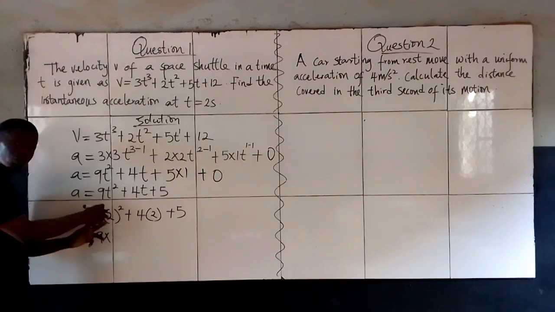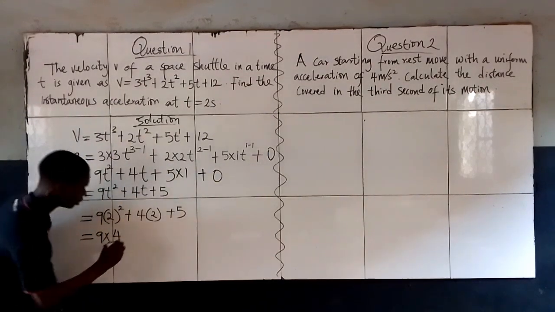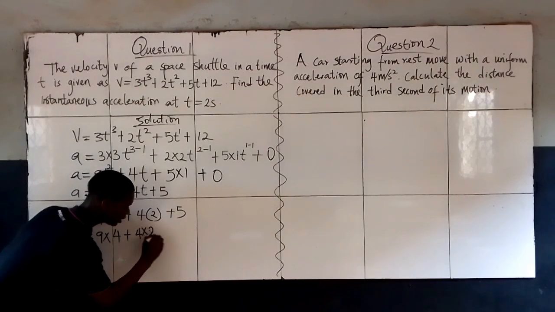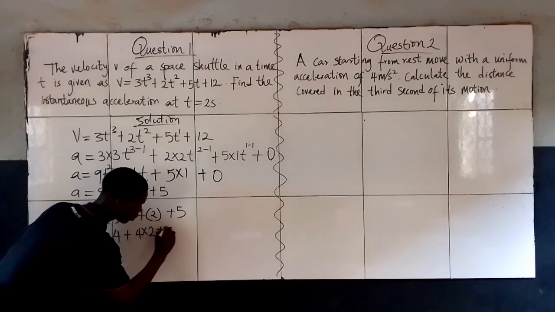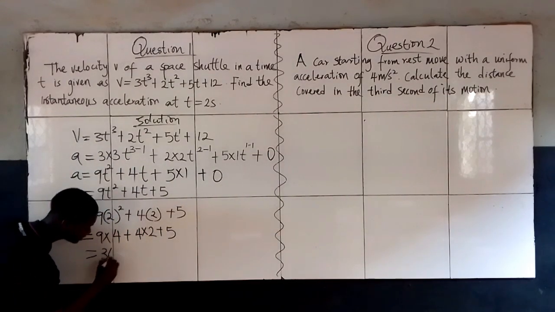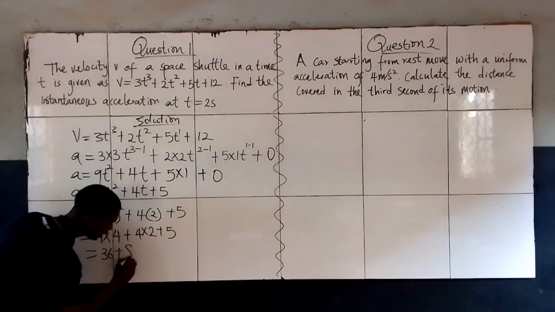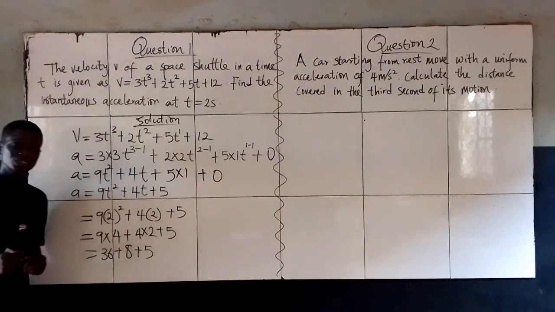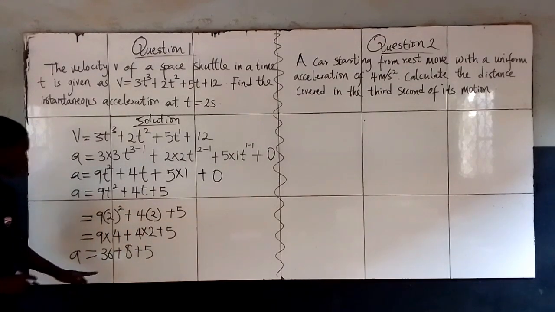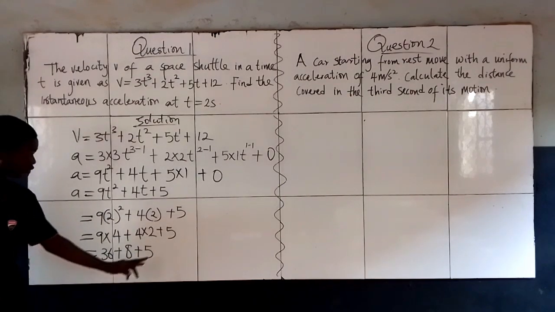Guys, what is the square of 2? What is the square of 2? It is 4. Is it not? Plus 4 times 2. Okay, let me just write it here like this. Plus 5. So let's do this together. 9 times this is 36. 9 times 4 is 36. 4 times 2 is 8. Plus 5. So this is now simple addition to get our acceleration. So when you add 36 to 8, you have 44. When you now add 44 to 5, you now have